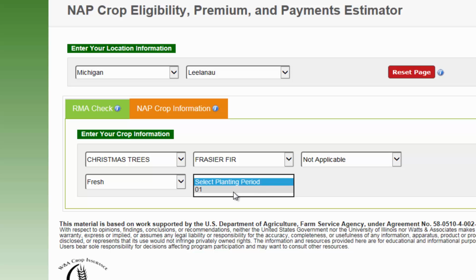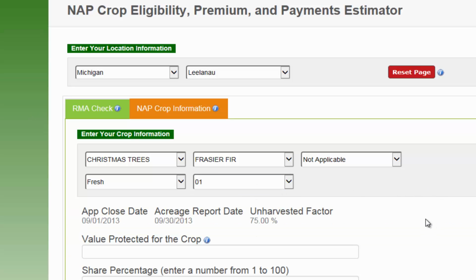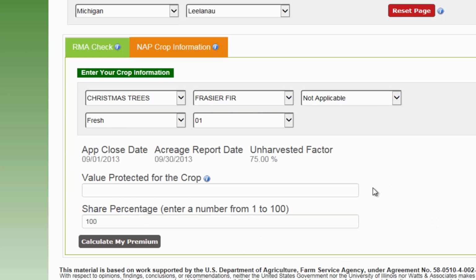You have to go to planting period. Again, even though there is only one, you do need to click it in order to move on. This is a very different thing. You're not trying to protect some yield. You're trying to protect some value. That value can be of your whole Christmas tree farm. That value can be for a particular year you planted trees or something along those lines. We're going to pick an example of $100,000 of value